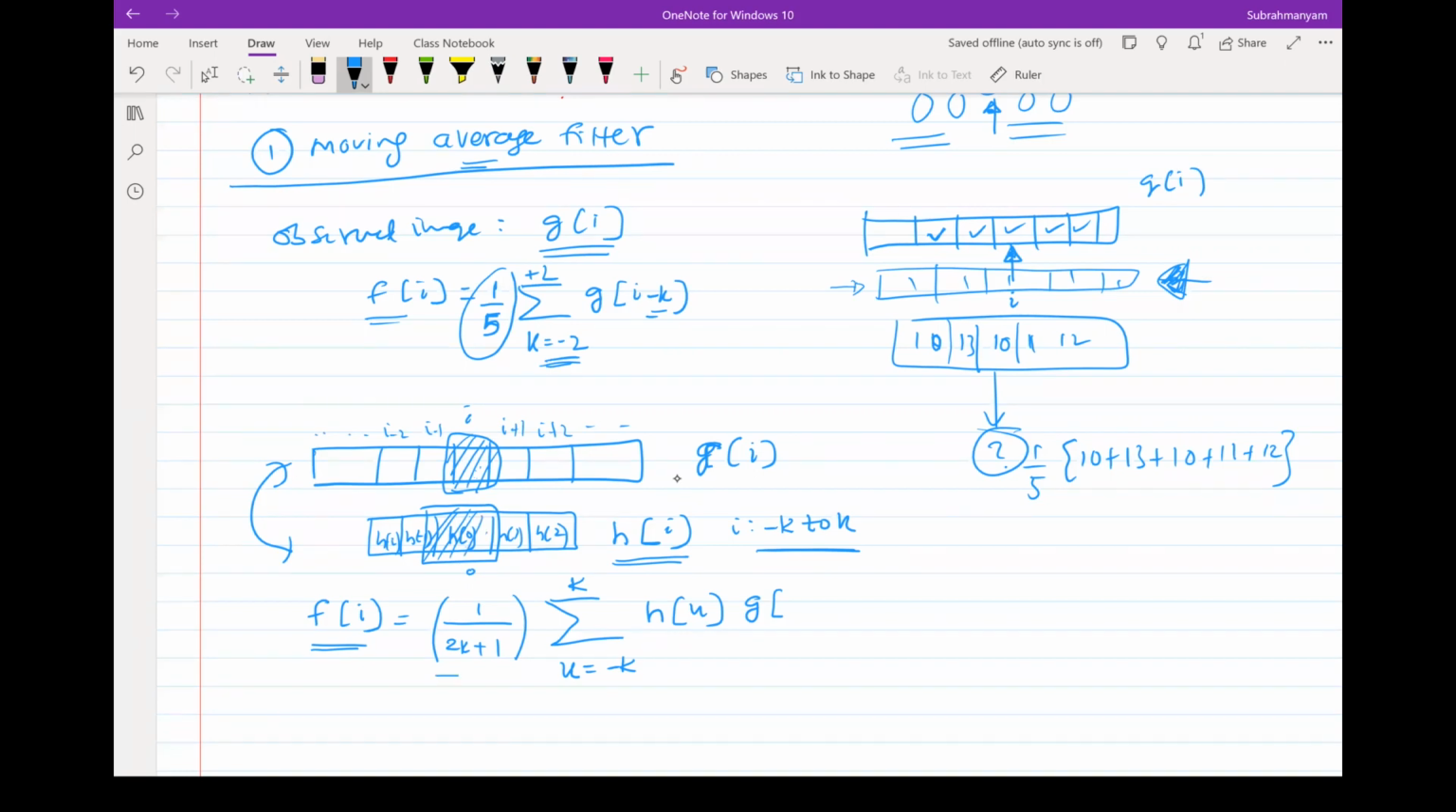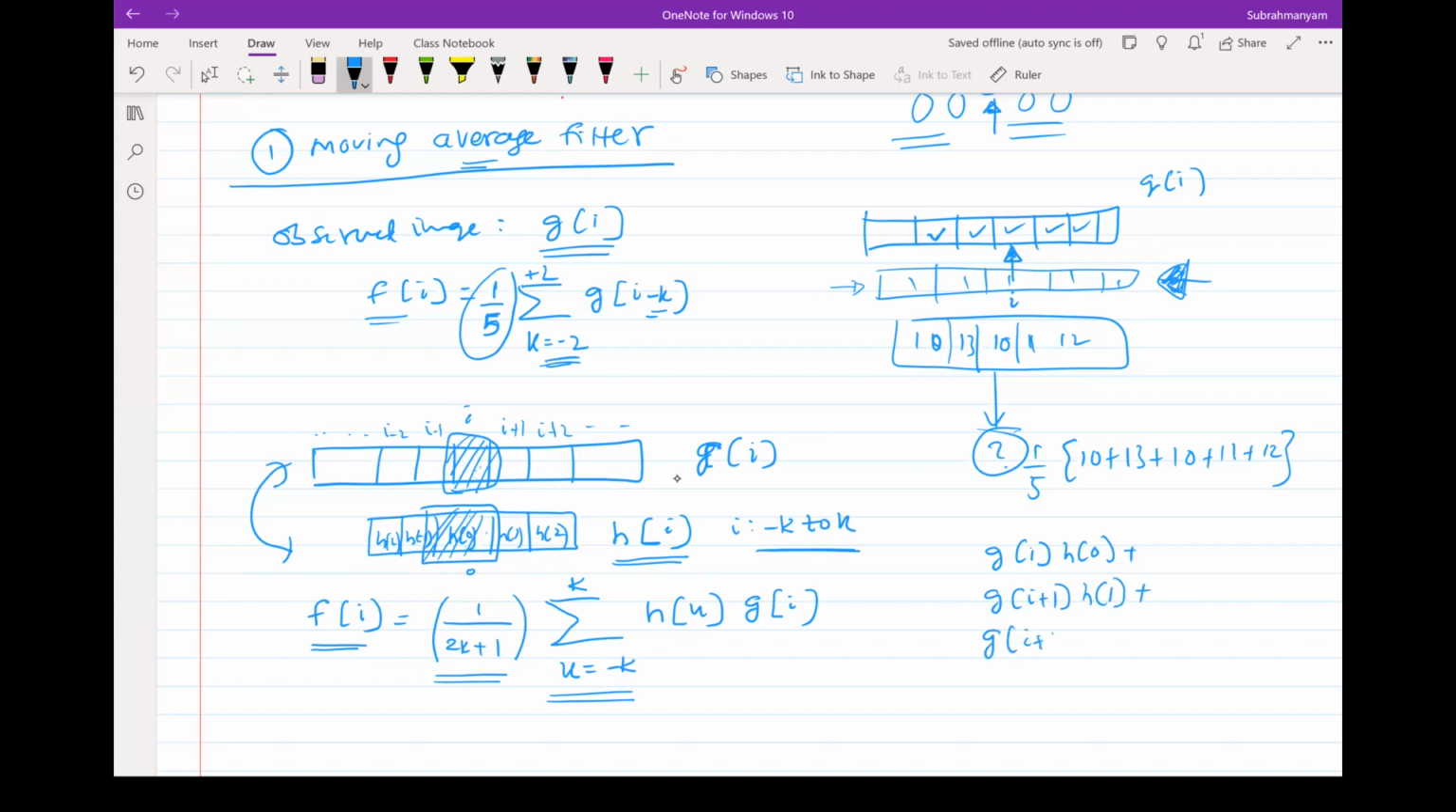So of course, normalization is done here. Summing up is done here. Now just multiplication of corresponding elements. That's the expression. If you write it, that would be, for example, g of I into h of 0 plus g of I plus 1 into h of 1 plus g